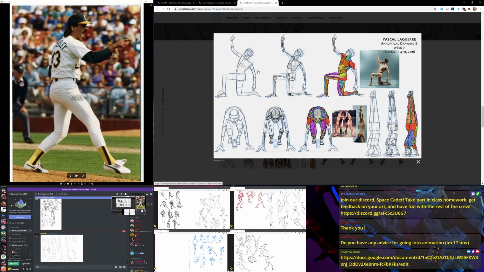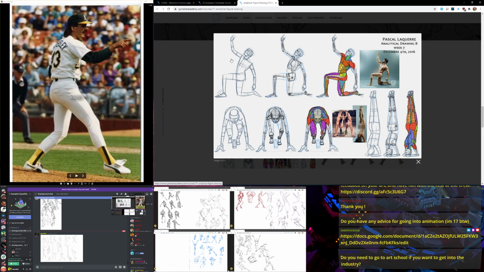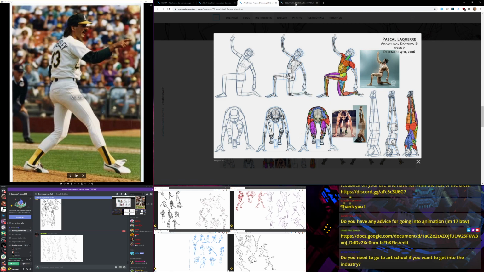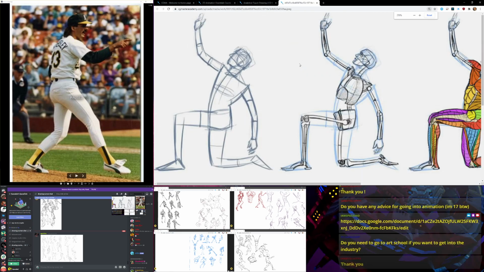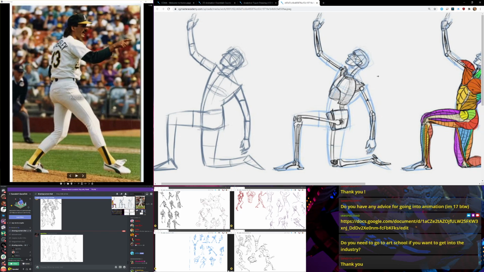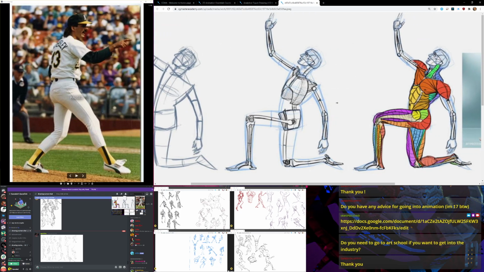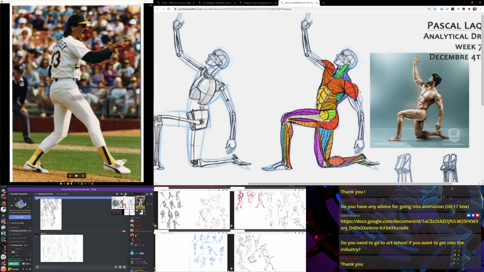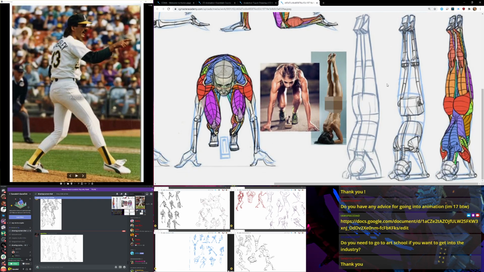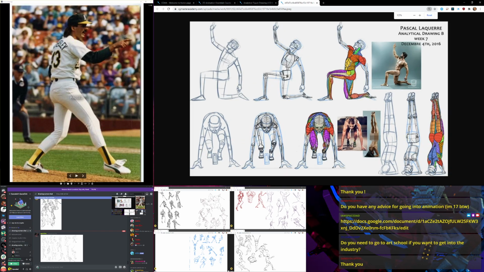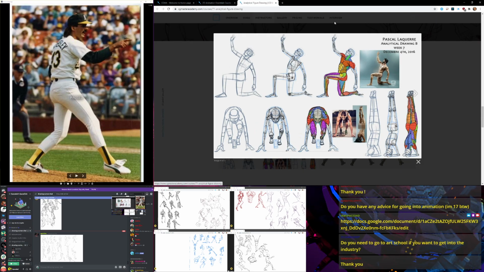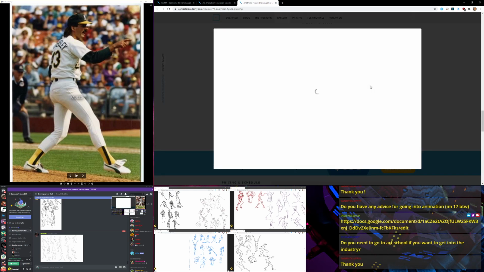So it looks like I could probably extrapolate some analytical figure drawing exercises out of these. This is like week 7 of their analytical figure drawing class. It looks like they start with a gesture, and then they put some structure shapes on it, and then they build out a structural skeletal puppet. And then they put the muscle groups on it, and they do it from reference with a photo right here. For that particular exercise, that's really nice.